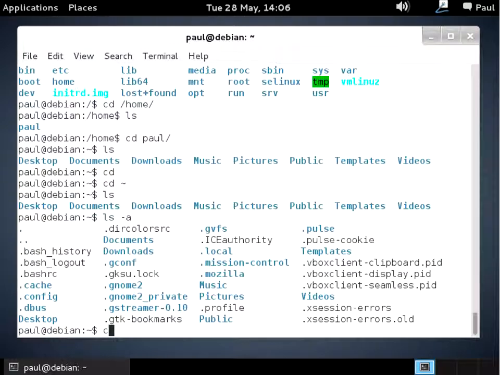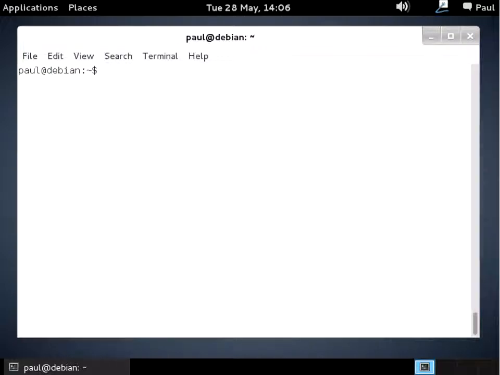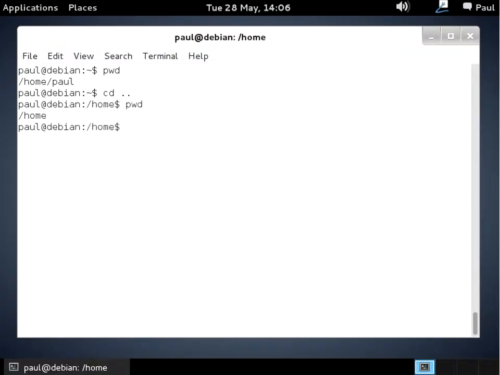Okay, let me go ahead and clear the screen. Let's see where we're at. pwd. Okay, we're at home user Paul. We'll cd. We'll move up one directory, and as we see with pwd, we moved back to home. Now we'll